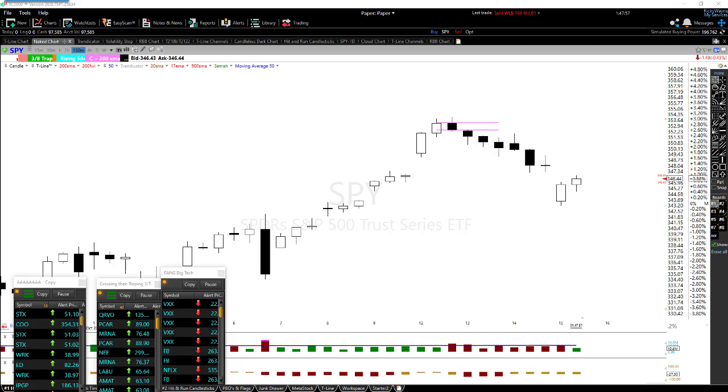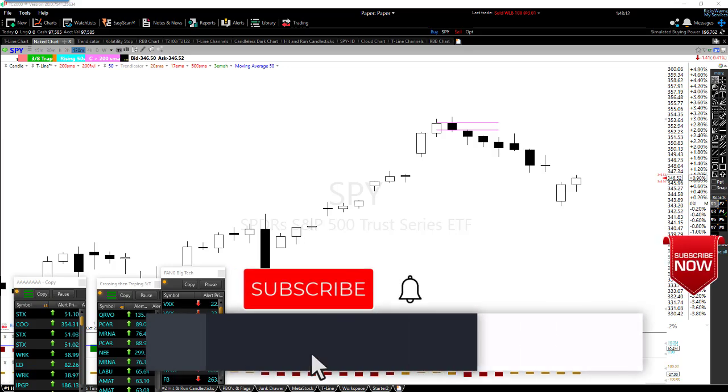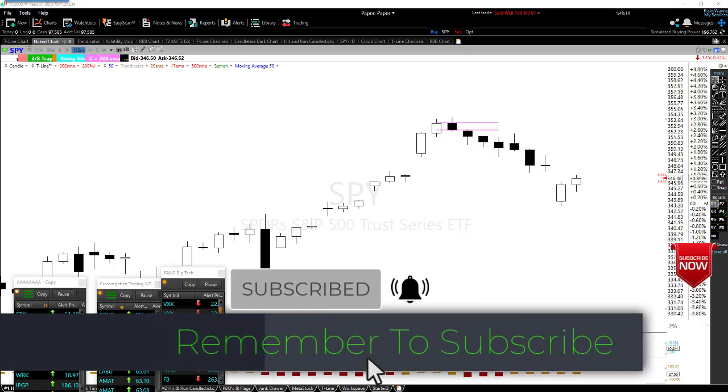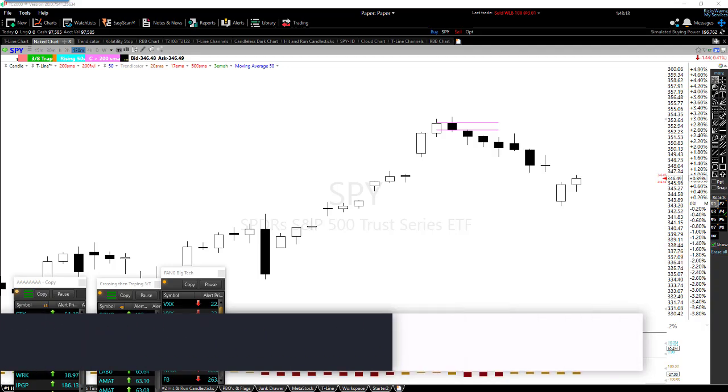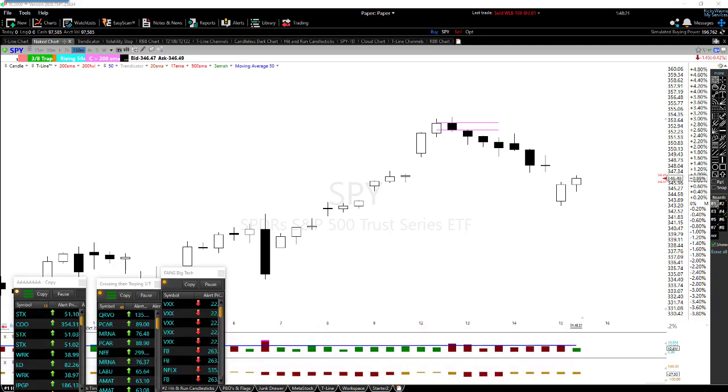All right, so Bob is asking, with stacking, are you looking to take out the high of the previous candle or above the body? Bob, I think you have to have a mixture of each one. Sometimes I look at the highs and sometimes I look at the bodies. It really all depends on the chart and the way the price action is working, and the candles